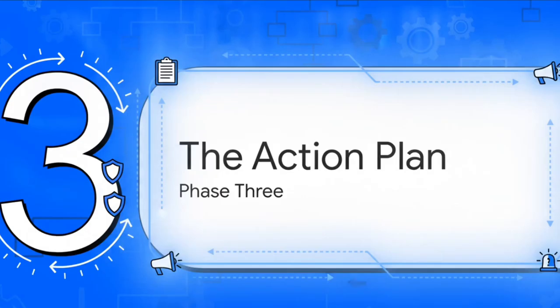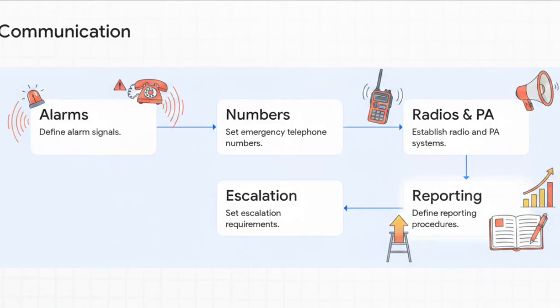Which brings us to Phase 3, the action plan. Here we define the logical flow of actions, procedures, and routing during the crisis itself. Communication is the backbone of any crisis response. The plan must methodically define what the alarm signals sound like, establish secure communication channels like two-way radios or PA systems, set emergency telephone numbers, and honestly, most importantly, set clear escalation rules. If the situation degrades, the document must explicitly state at what point we escalate this from a localized spill to